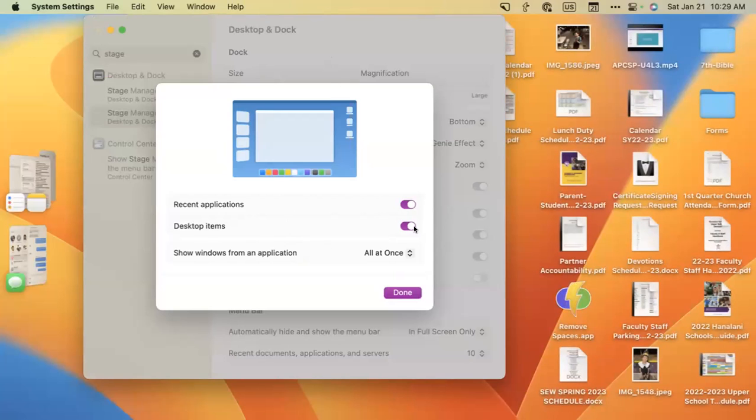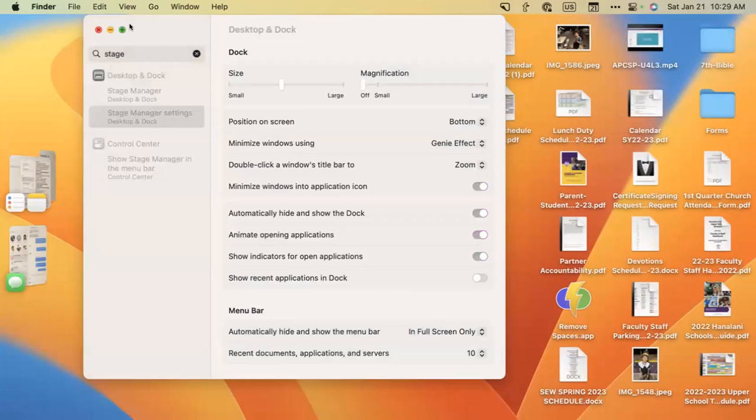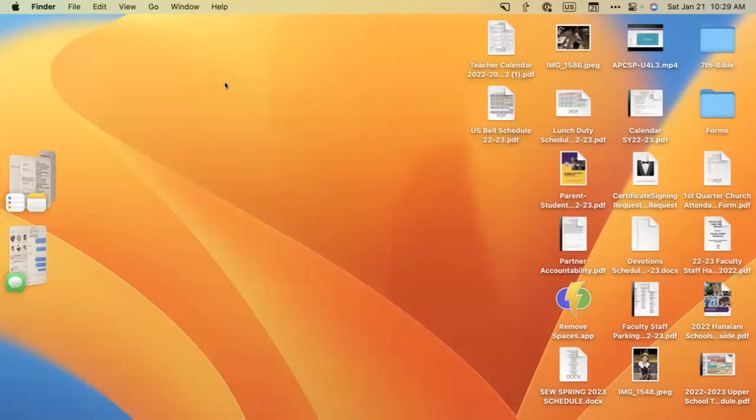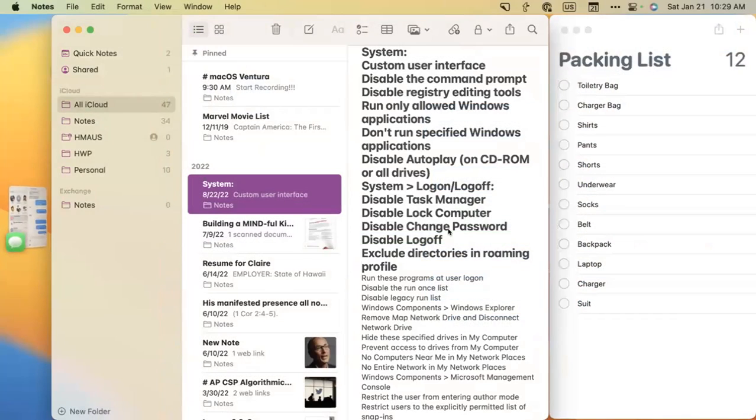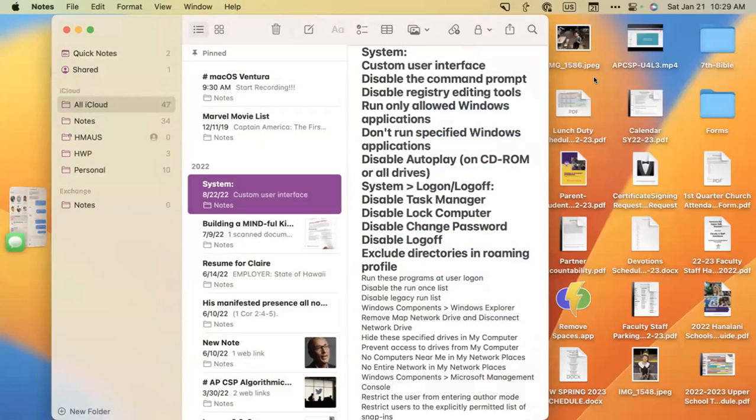Okay, so I'm going to turn that on, and let's see how that's different. So now, let me close that. Okay, so now when I go to whatever app, I'll still see the desktop icons. Okay, so that's kind of a preference. If you want to always have access to your